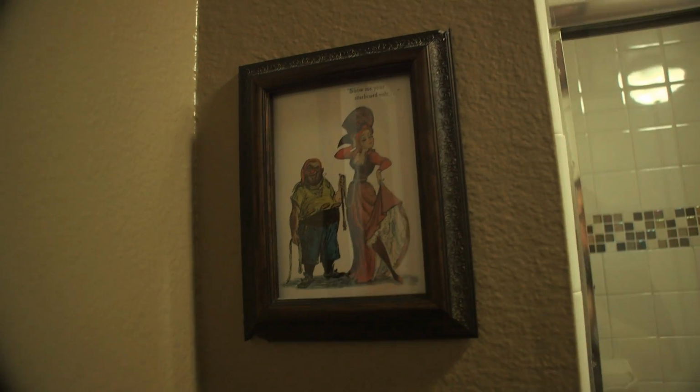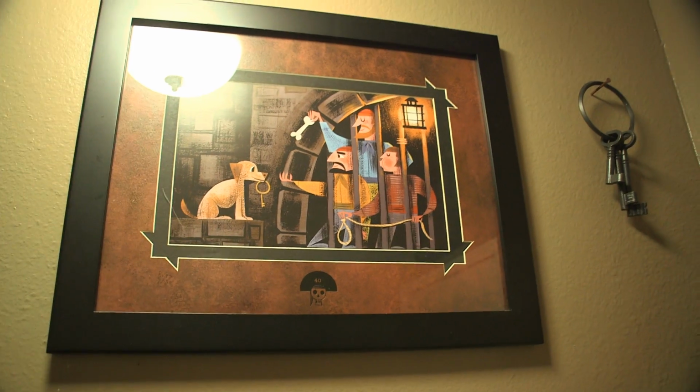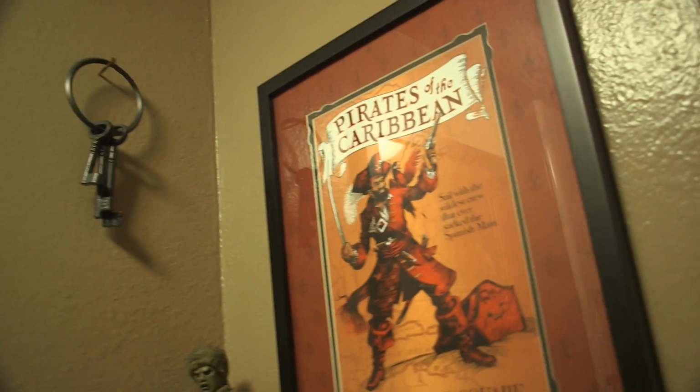The rest of my bathroom is Pirates of the Caribbean themed. Here's some original Mark Davis artwork of the redhead, and over here, some artwork of them trying to get that key away from the dog, plus I actually hung up some of the keys next to them. Here's the original poster of the